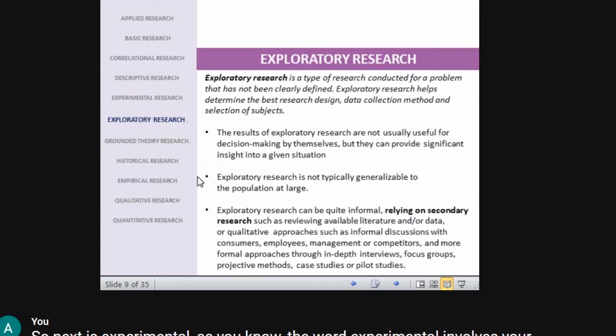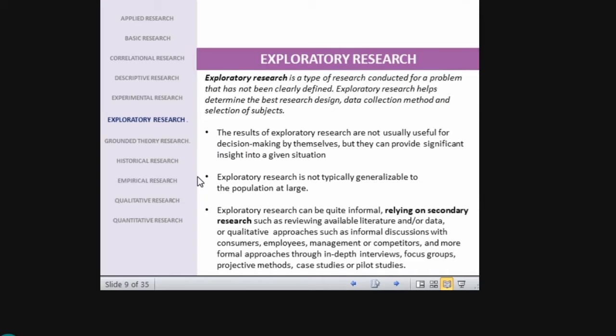So this is one kind of experiment. How you are coping with the training, whether you are improving or not. Based on these parameters, they will decide whom we have to take into the organization, whom we have to fire, whom we have to throw out of the organization. So it can be conducted in all scopes of discipline. Mostly it is conducted in science, but it can be done in other disciplines too.